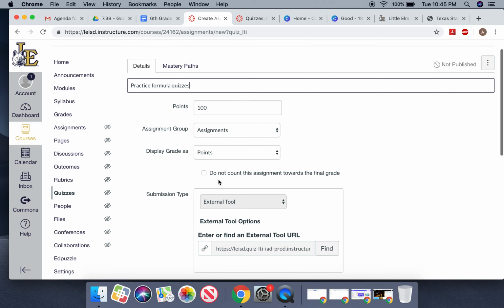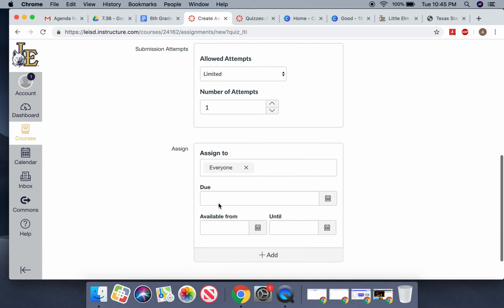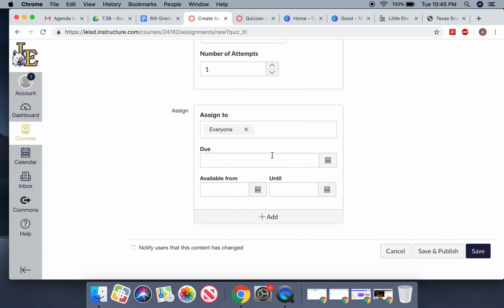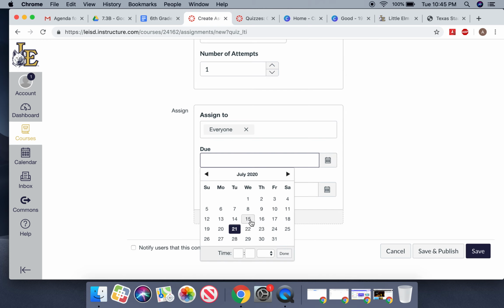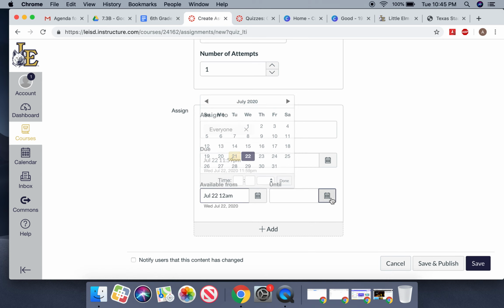So you can sign up. Points is 100. A lot of this stuff, I mean, it's kind of separate. You're using the external tool. I'm just gonna put some random due date for now. And so either way,